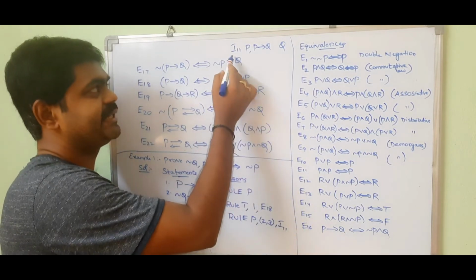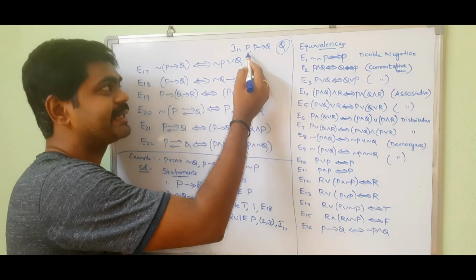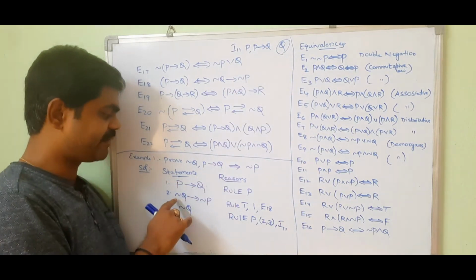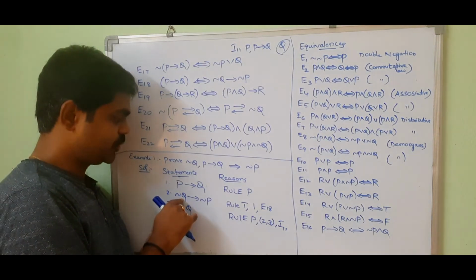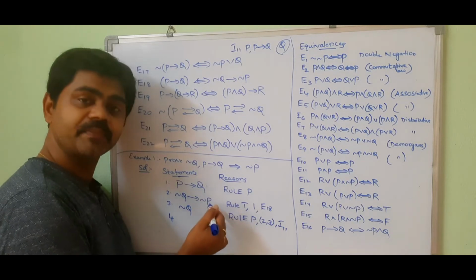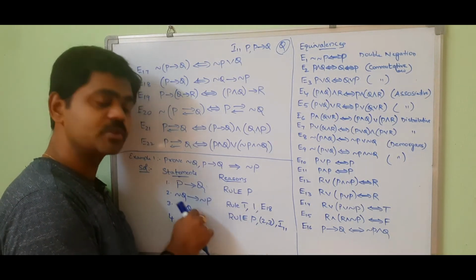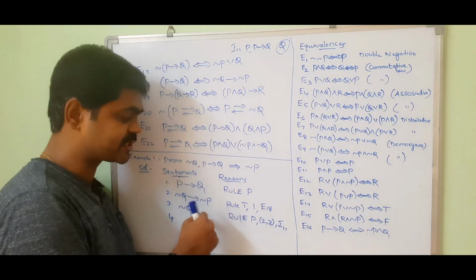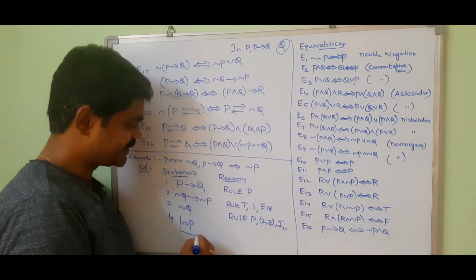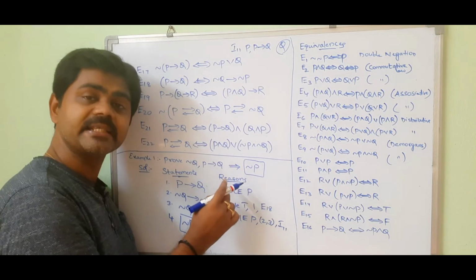So what is I11 here? P comma P tends to Q will get Q. If I have P and P tends to Q, we will get Q. So what do we have here? Q, the negation Q, negation Q. So what is remaining here? Negation P. So I assume that this is P tends to Q, this is P, we will get Q. So what is there in the place of Q? Negation P. So finally, what is the answer we should get here? We should get negation P.